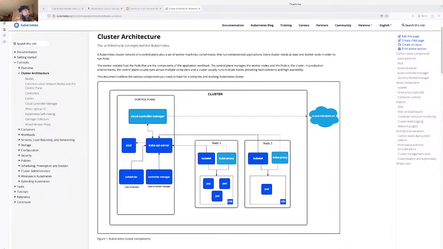So the kube-apiserver, the API server, that was one of the things. The kube-apiserver is a component of the Kubernetes control plane that exposes the Kubernetes API. The API server is the front end for the Kubernetes control plane. So the API server exposes the Kubernetes API, right? And if I'm making mistakes, let me know. I can always get feedback on that.